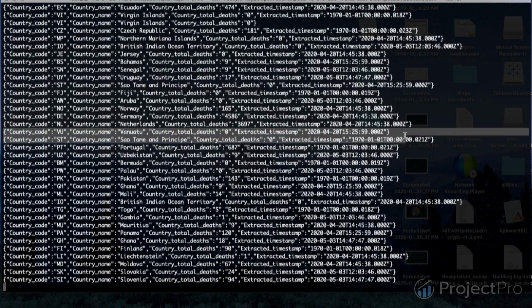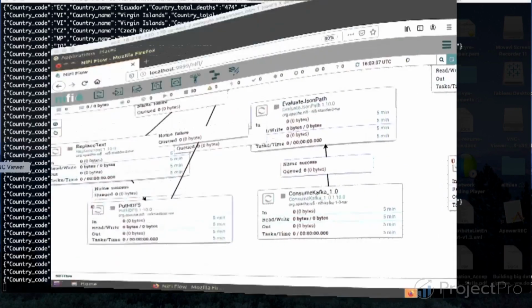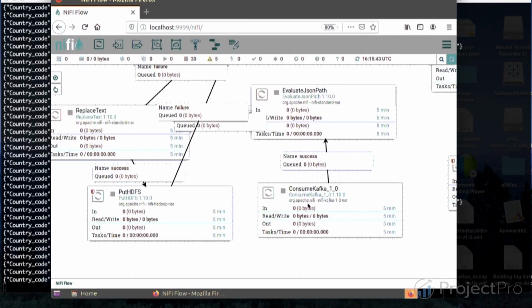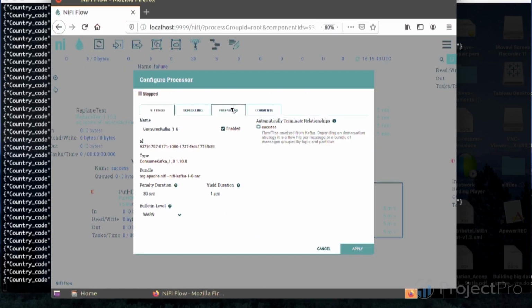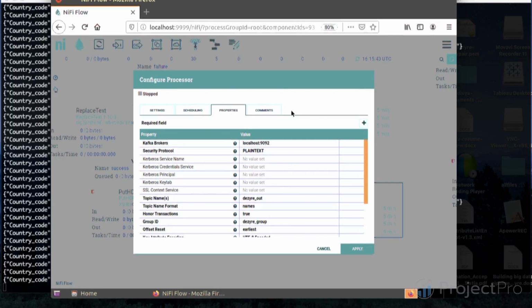Now once we have the data in this Kafka output topic desire out, we can consume the data into some other destination. So this processed data is there in Kafka, and we can consume it using the ConsumeKafka processor. As we have seen that there is a PublishKafka processor, there is also a ConsumeKafka processor in NiFi, which consumes the data from the Kafka topic into some other destination systems.